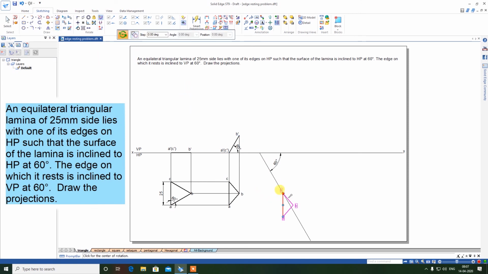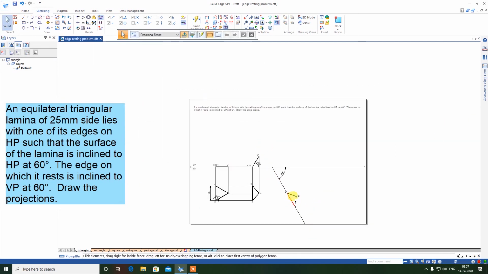This must be in white color, means cut option. First you select C, because C is already placed on the 60 degree line, then take A, then rotate. Again that 60 degree line becomes red and the on-the-line symbol comes, then you left click. Our rotation is completed. It's exactly on that line. Trim extra line. Now top view is over. Now we need to construct the front view.